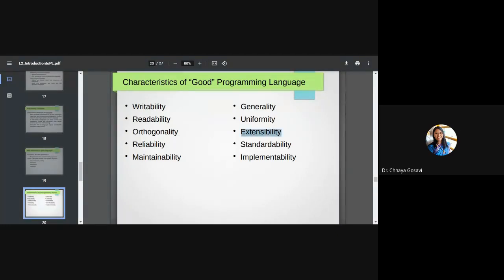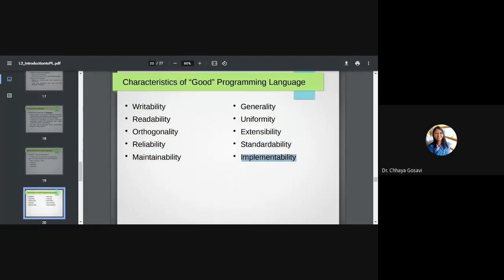Extensibility, we have seen just maintainability and extensibility, same. Standardability means you have designed your own language, but only you or your friends are familiar with it. So make that language a standard so that it is available globally, and everyone will use your language and extend it, adding new features to it.